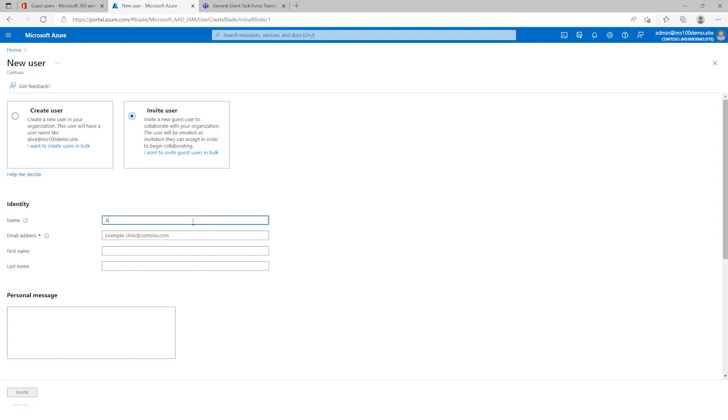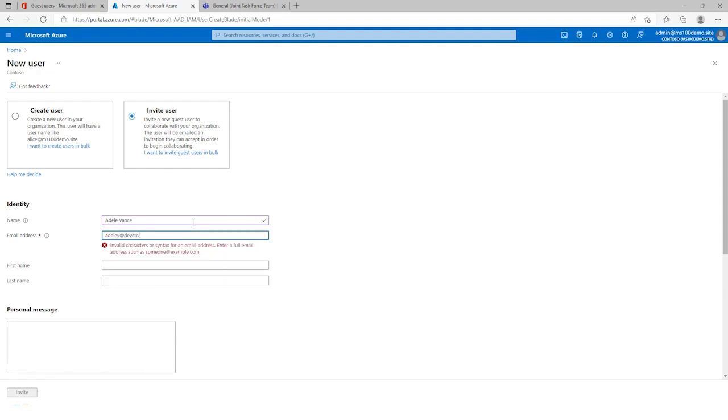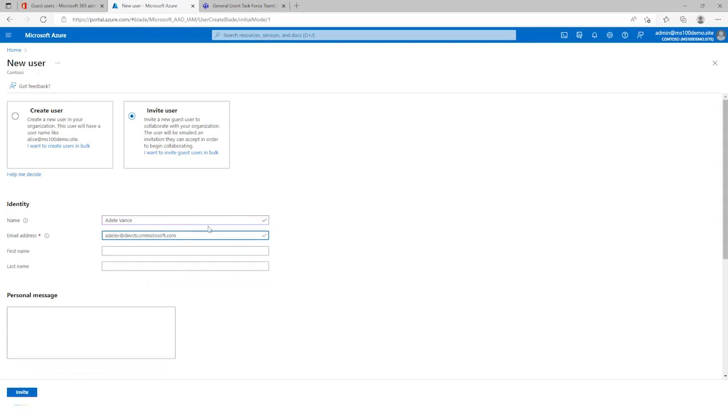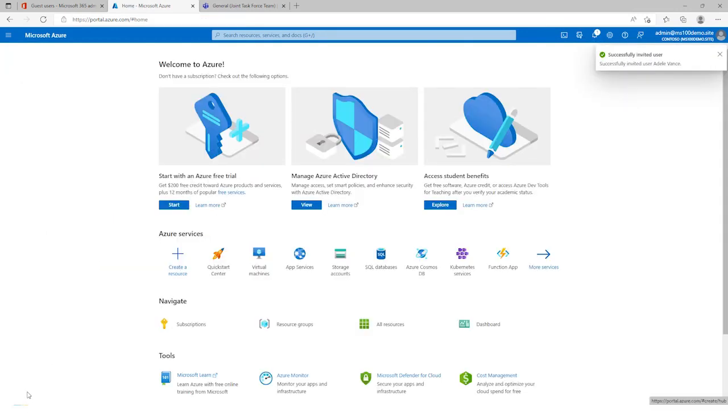And in this case, I'm going to invite a user named Adele. Note that this is a separate tenant from the one that I'm creating this in, so this is someone from a different Microsoft tenant. And now I'm going to invite her. Invitation has been issued. So now I'll switch over to Adele's account and we'll take a look at the invitation